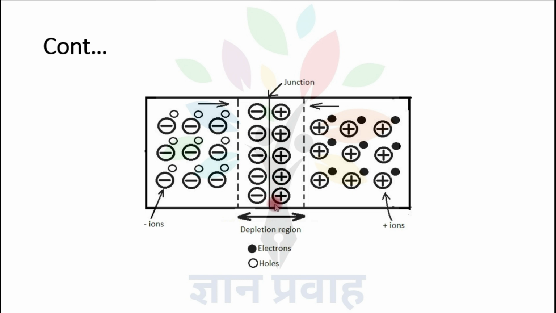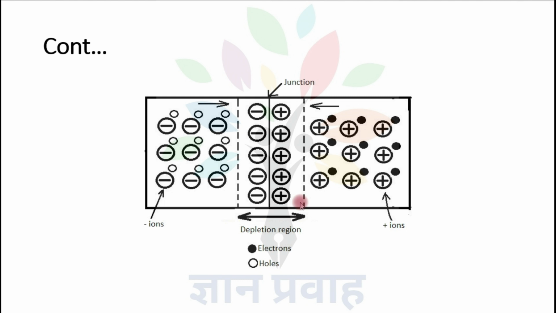So the junction is here, PN junction, and at the junction, immobile charge carriers are there. In the P-type side, negative ions are there. In the N-type side, positive ions are there because the electrons and holes are recombined in the depletion region. This region is called the depletion region. Depletion region is the region where immobile charge carriers are there. In the depletion region, there is no free charge carrier. So it is the barrier potential in case of PN junction diode.